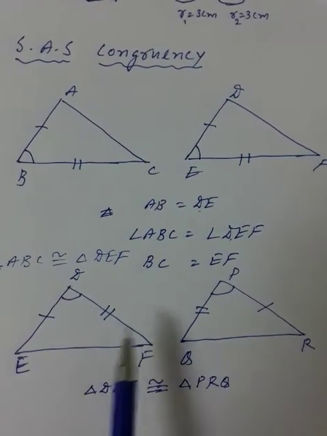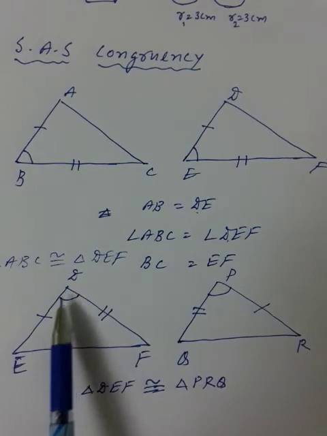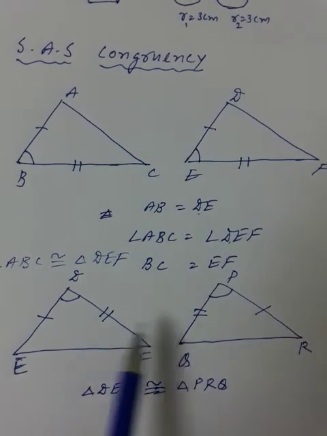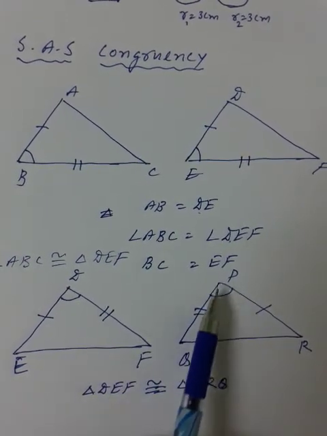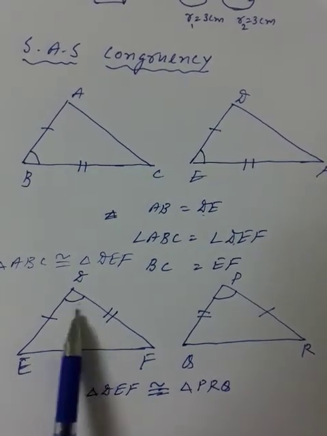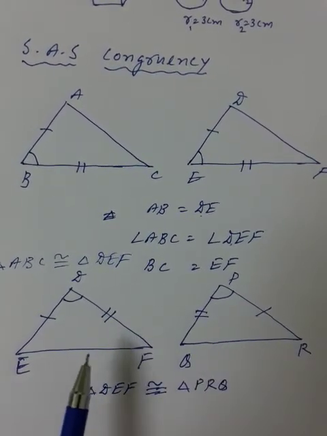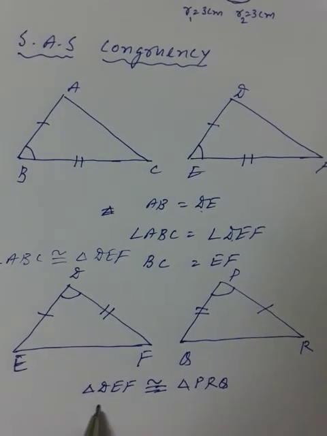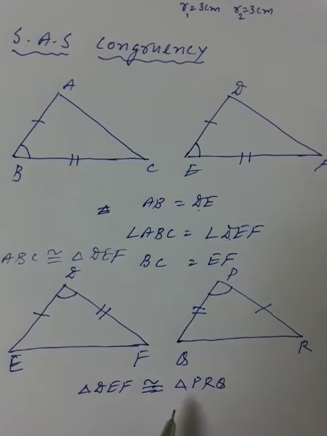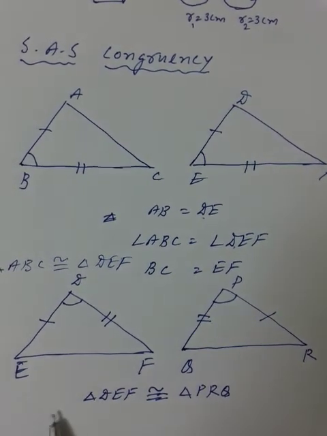Next, one more example we will take. Here triangle DEF and PQR. So now this side DE is equal to PR, these are the sides which are equal, and then DF is equal to PQ, and here the angle is this angle, and this angle is angle EDF and angle QPR. So these two are the included angles, so those two are equal. Then you can say that triangle DEF is congruent to triangle PRQ. So this way these two triangles are congruent by SAS property.